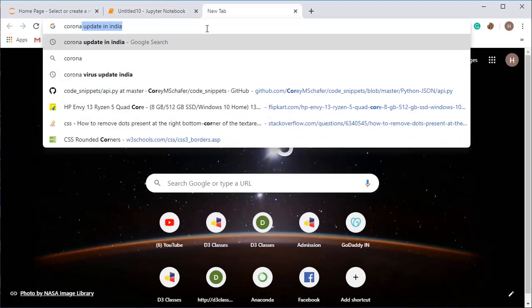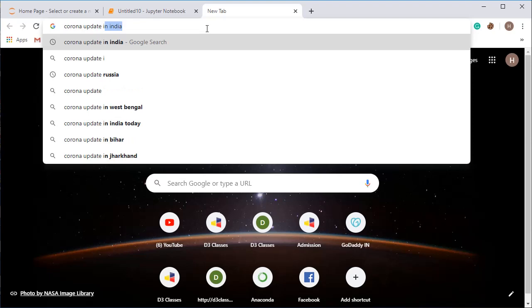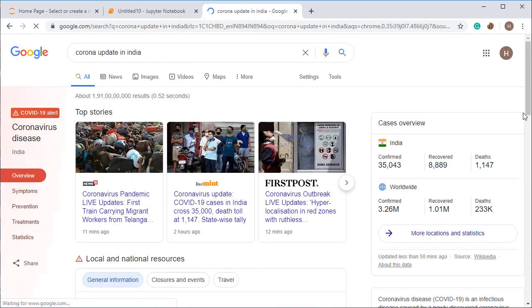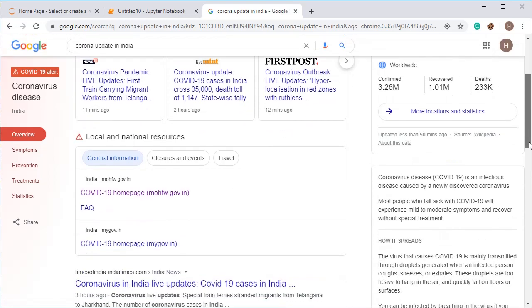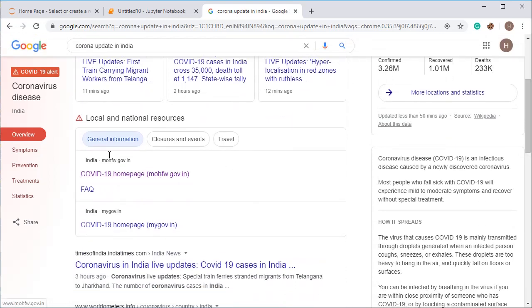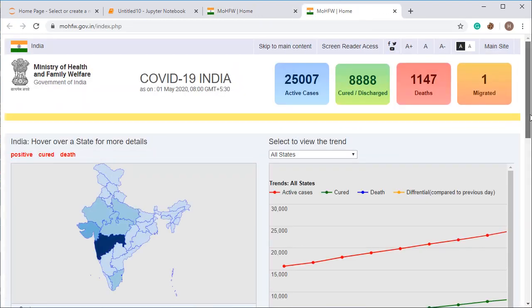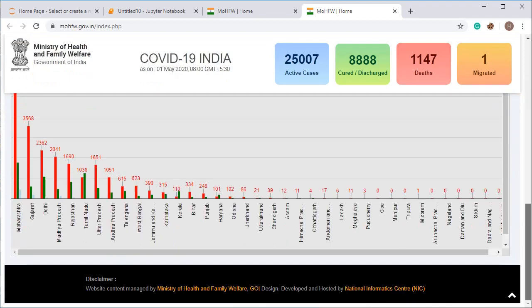Just type corona update in India and you will be transferred to the Google search page. Go to the website mohfw.gov.in. Here you will get a link in the site, graphics. Go to the graphics and you can see there is some data analysis part.